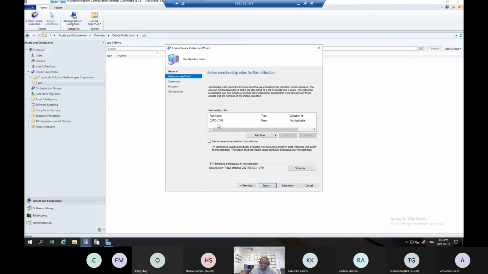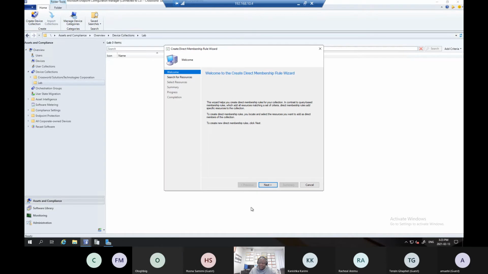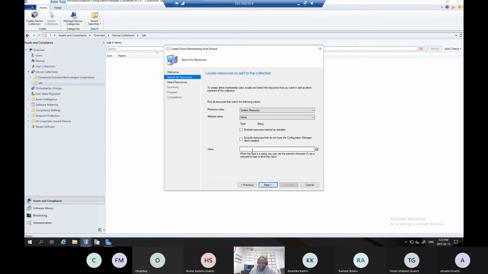Another way I can add a machine, rather than using that, I'll still use the same directory. I'll click next, but rather than putting the percentage to give me everything, I will just type in the machine name. Because if you have an Active Directory that has a lot of machines, it will be difficult for you to search around everything that is available. So I can say something like